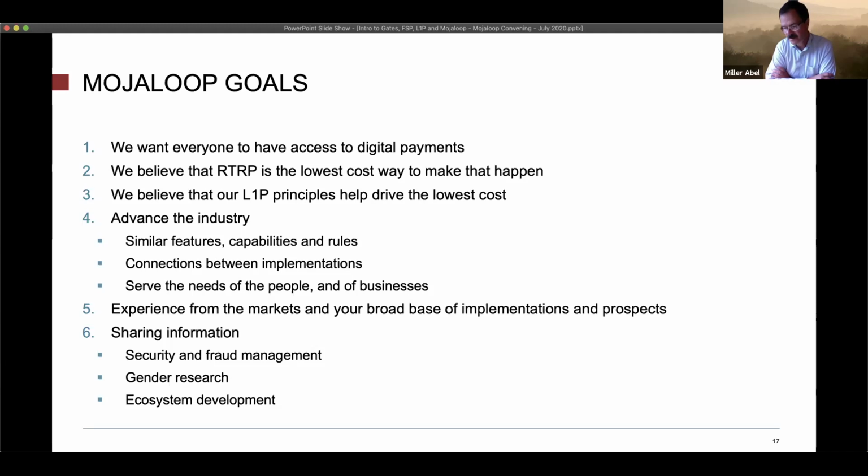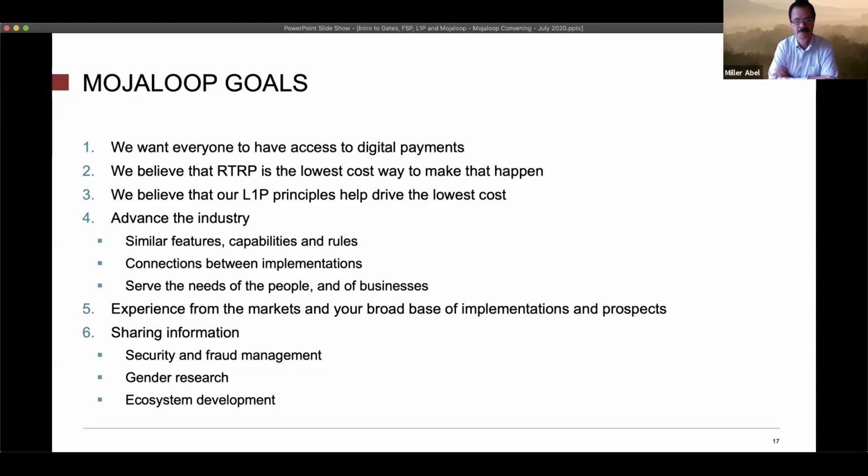That would allow the financial service providers to focus on value-added services that they could add on top of the system. And so we started to lay out what the goals would be for this open source system. It didn't have a name at the time. This was 4 years ago when we started this open source project.